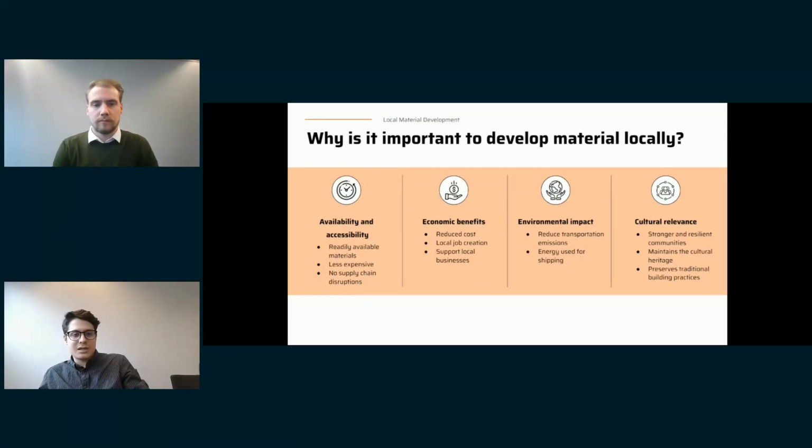One that I really like is the cultural relevance, which allows communities to get involved in projects, because this creates stronger and more resilient communities. Also we try to preserve the traditional building practices.